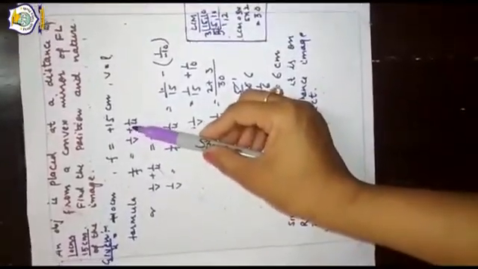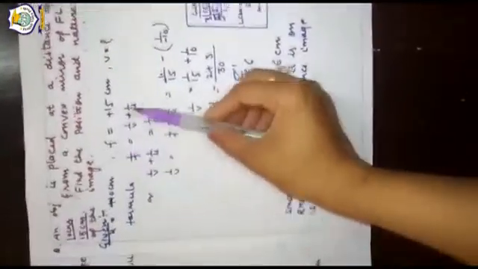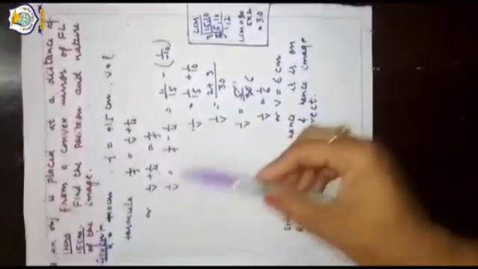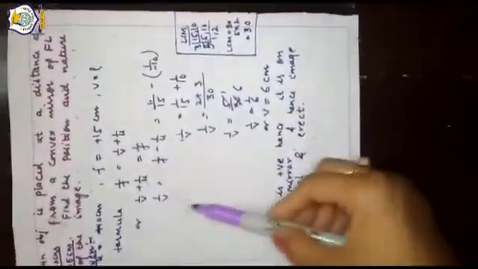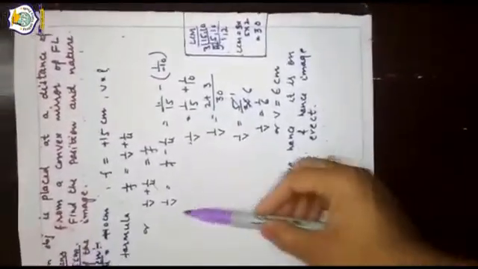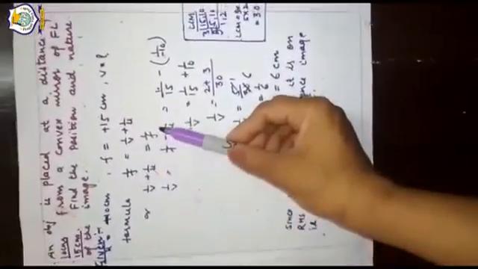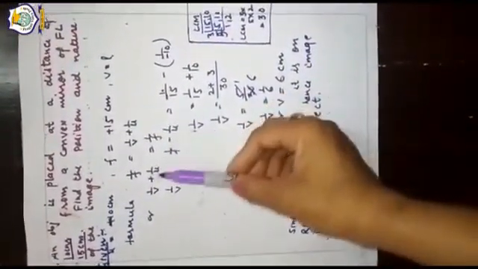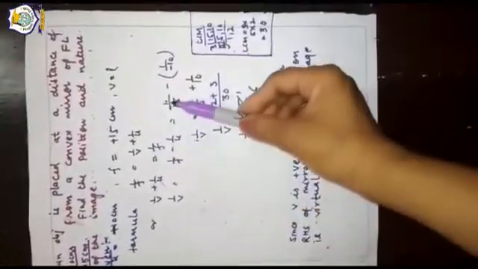Now to solve this numerical, first I write the right side on the left side, and the left side on the right side. See, I have exchanged the sides. Now it will be quite easy for you to put the values and solve it. So 1/v, as we need v, we will transfer u to the right side. It will be 1/f minus 1/u, since it is going there. Now just put the values.